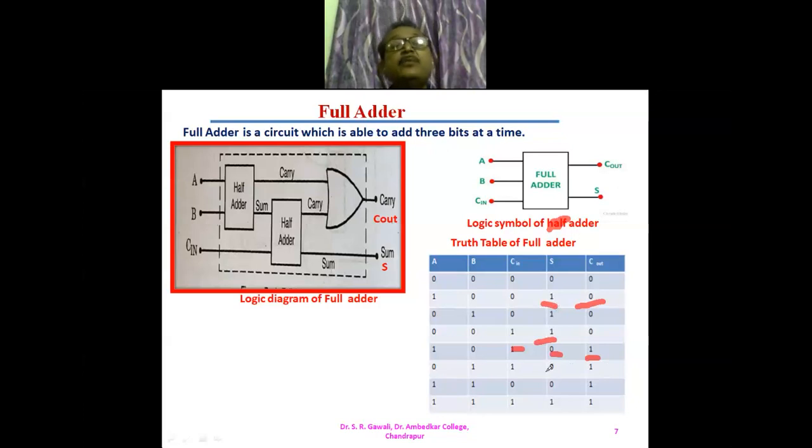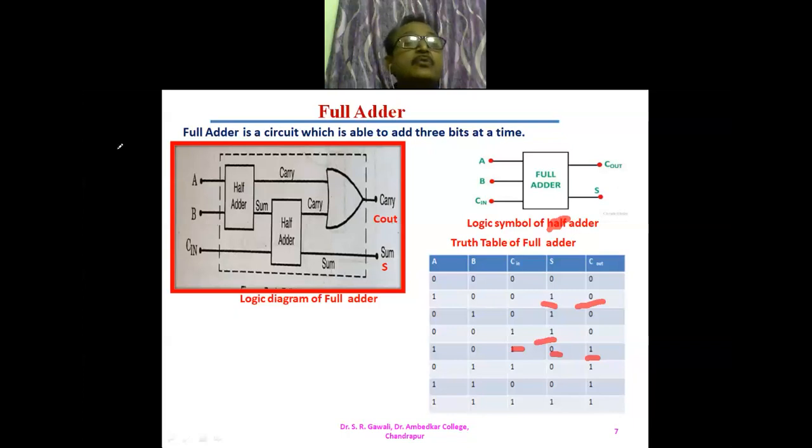So here this is nothing but the full adder. Why is it called the full adder? Because it will add any 3 bits. Now generally what will happen when we add the 2 bits, A and B are added together. Suppose both inputs are 1, A is 1, B is 1, A is added to B. Then 1 plus 1 we get 10. Sum is 0 and carry is 1. Okay. So this is about the full adder.